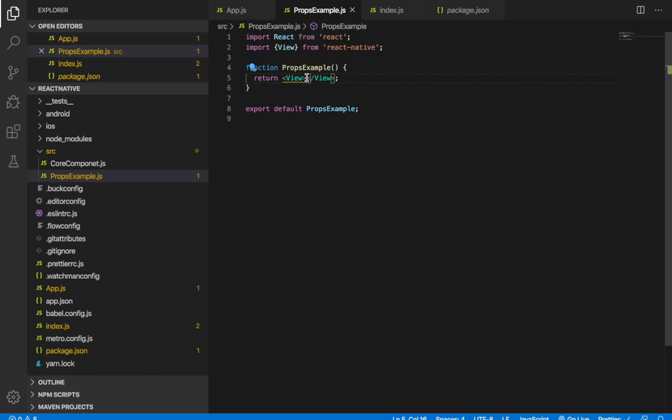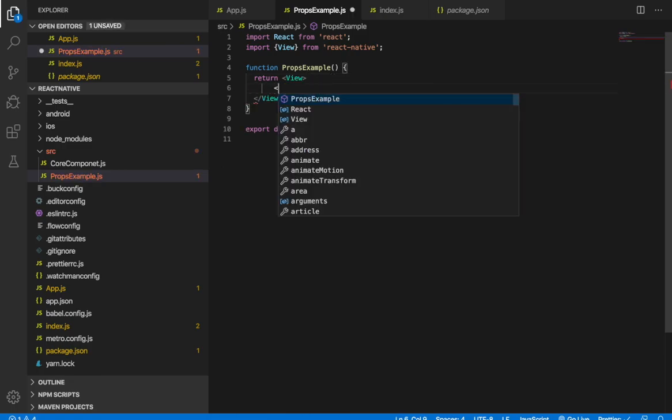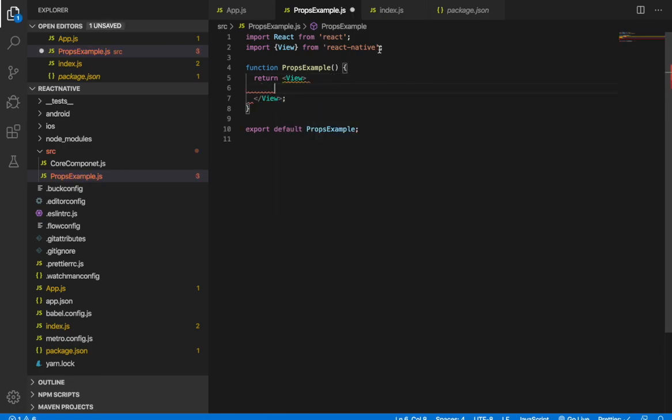Basically, if we need to create a component and want to reuse it, we need to pass some values as a form of parameter. So we can pass it with the help of props in React Native. So let's create an example.